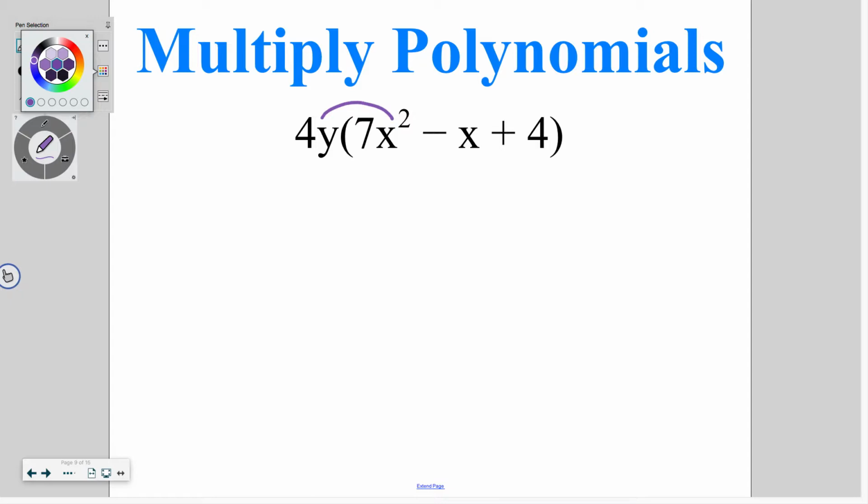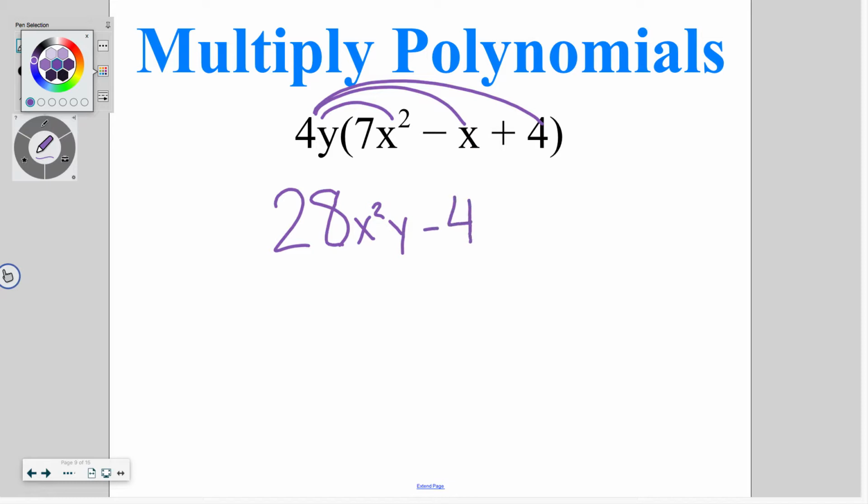So we still are going to pay attention to our numbers and do 4 times 7, which is going to give me 28. X squared times y. Those can't go together, so we're just going to list those variables in alphabetical order. So x squared followed by y. We've now just added on the y for multiplication. Now we've got 4y times negative x, so I've got negative 4, again listing them alphabetically, x and then y. And then I've got 4y times 4, which is going to give me 16, and then I've just got that